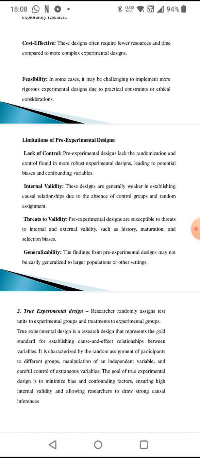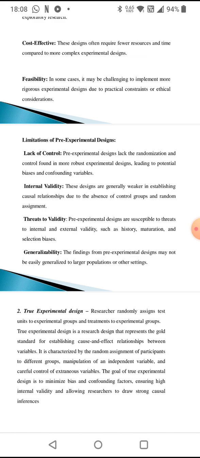First being the lack of control, and then internal validity, threats to validity, generalizability. Lack of control, as pre-experimental designs lack the randomization and control found in more robust experimental designs, leading to potential biases and confounding variables. These designs are generally weaker in establishing causal relationships due to the absence of control groups and random assignment. We cannot generalize these